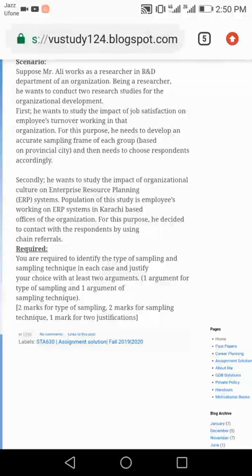reference. So now it depends upon your writing skills, how you can write it. I have given you the full